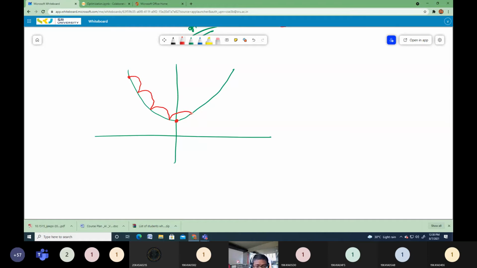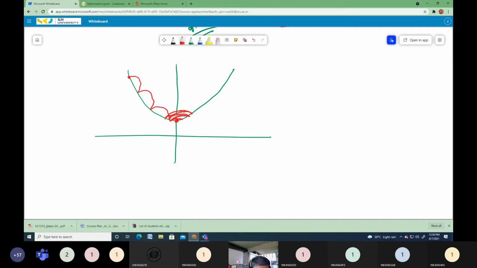Now it's saying that yes, I am in the positive slope. Now I have to move toward the negative slope. I am in the negative slope. Again, I have to move to the positive slope. Negative slope, positive slope. That means it will be oscillating around its optimal point, and finally it reaches the global solution. Maybe, I'm not sure.